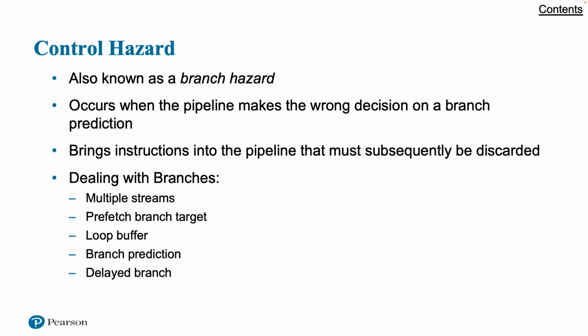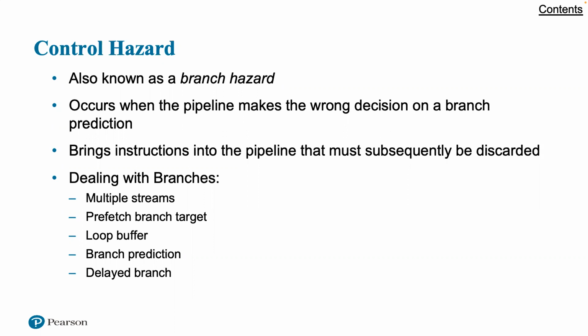A control hazard, also known as a branch hazard, occurs when the pipeline makes the wrong decision on a branch prediction and therefore brings instructions into the pipeline that must subsequently be discarded. We discuss approaches to dealing with